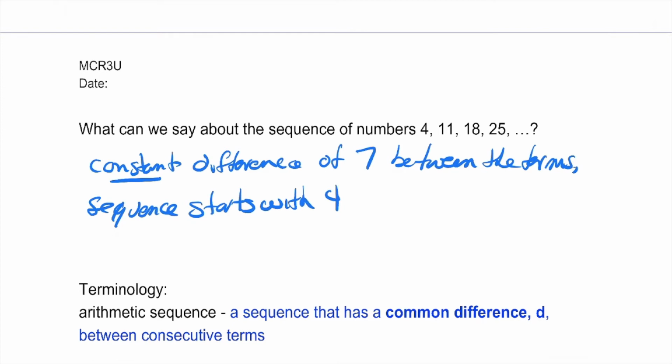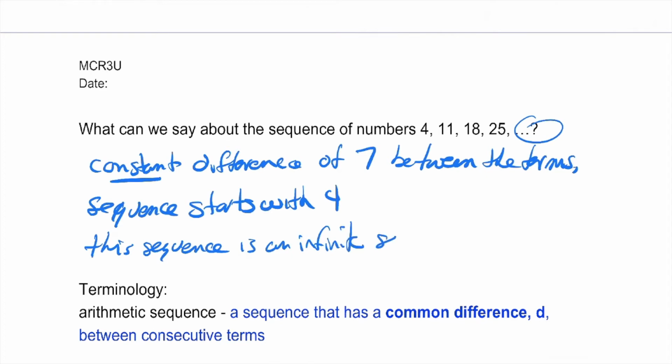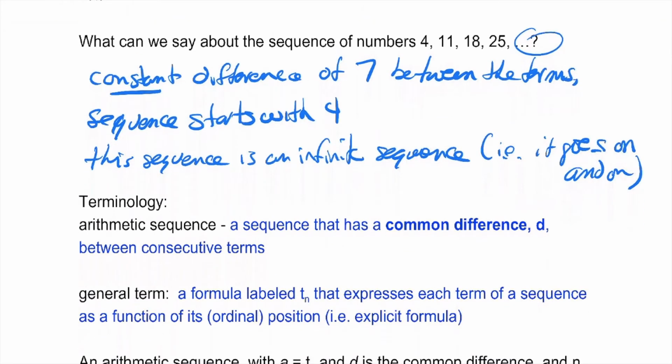And the ellipsis implies that this sequence is an infinite sequence. In other words, it goes on and on. So those are the things that we would explore in class if we're together, but just through observations,